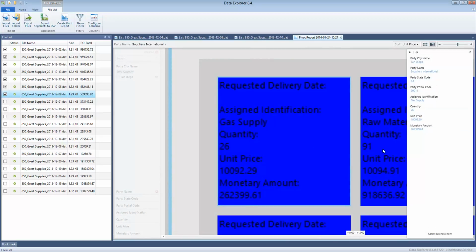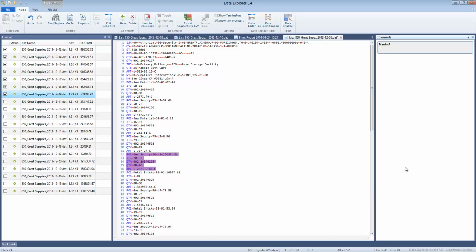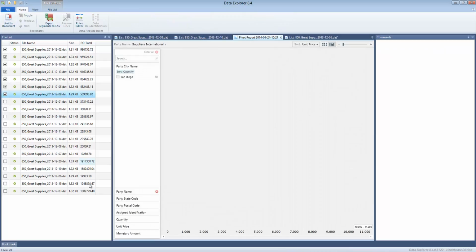So we see what is the unit price, this is the gas supply, and what we can do now, we can actually go to the physical data file and we can see that this is that line item with gas supply and some unusual price. And as previously, probably what you're gonna do is you'll add some comment like please verify the unit price, seems to be too high. So you can place that comment, you can go back to the pivot, so we can clear all categories,